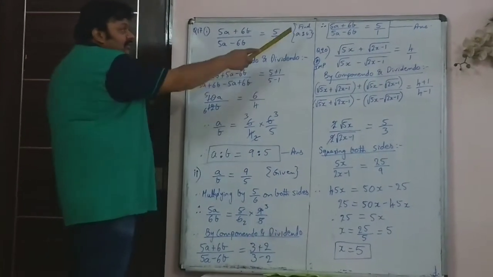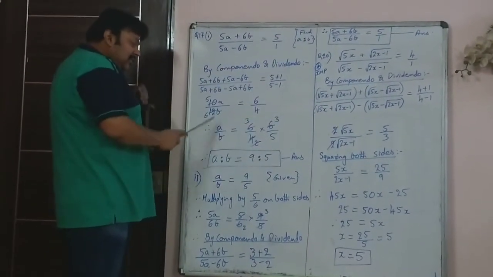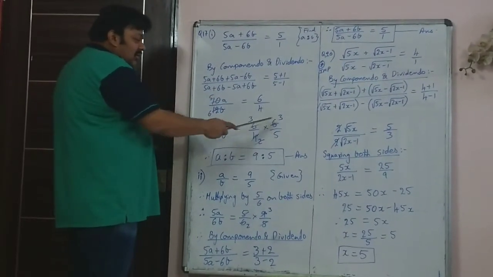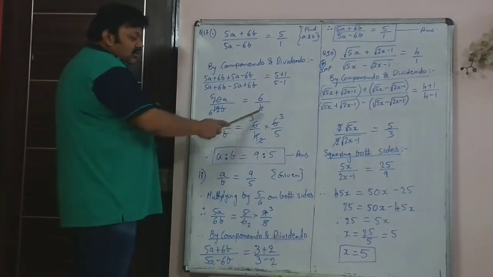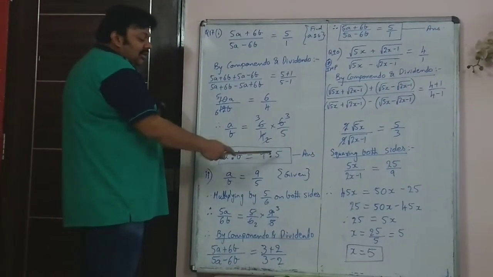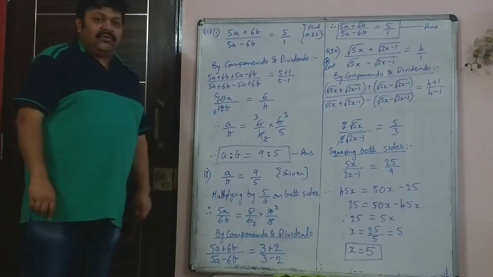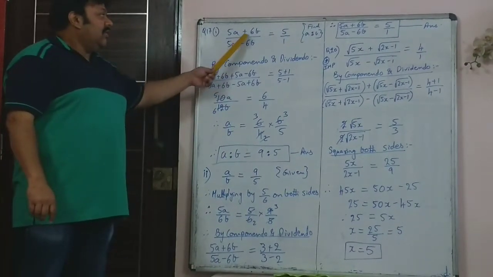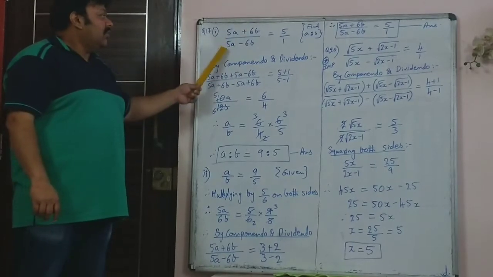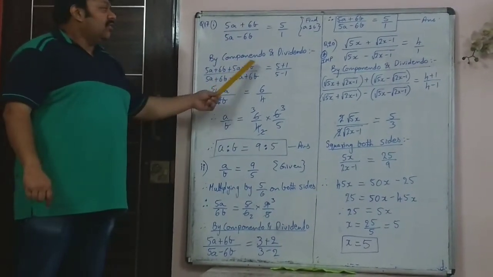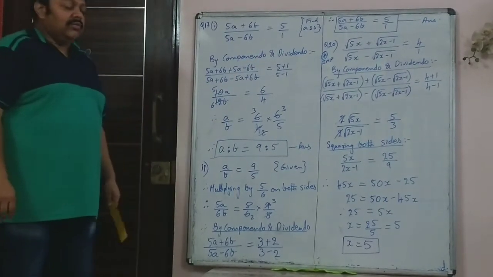So you are asked to find what is a upon b. So you just cross multiply a upon b, you leave it here, 6 goes on top and 5 comes down. So then when you simplify it, you will get the ratio as 9 is to 5. So a is to b is 9 is to 5. So this basically, when you look at it itself, you will come to know that the coefficients are same, there is just a difference in sign, so you have to use componendo dividendo.